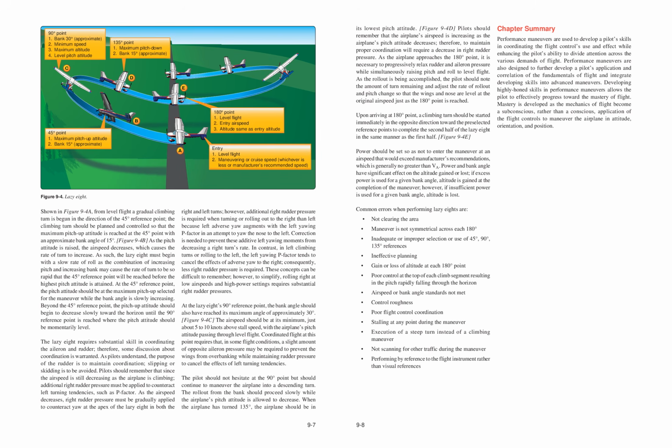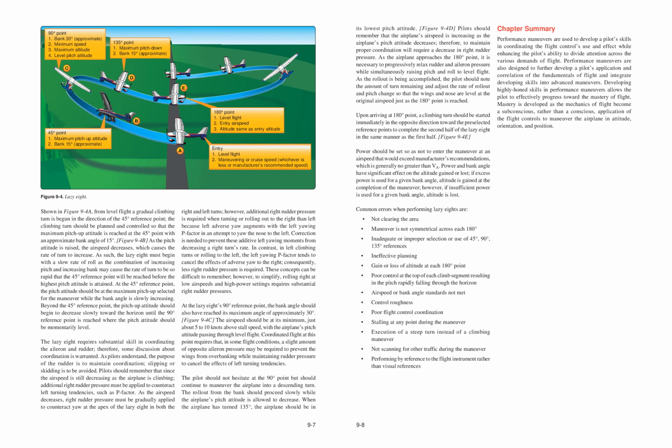The pilot should not hesitate at the 90 degrees point but should continue to maneuver the airplane into a descending turn. The rollout from the bank should proceed slowly while the airplane's pitch attitude is allowed to decrease. When the airplane has turned 135 degrees, the airplane should be in